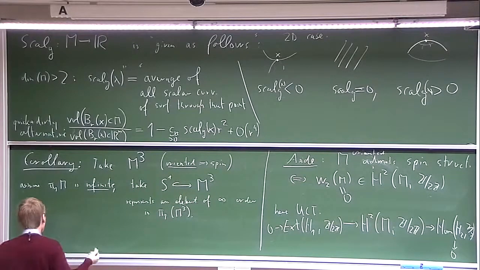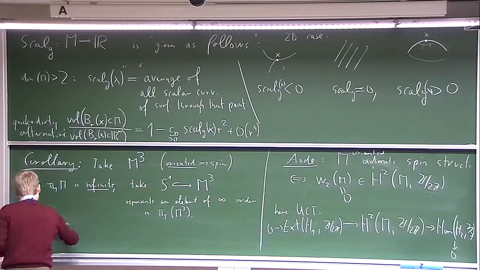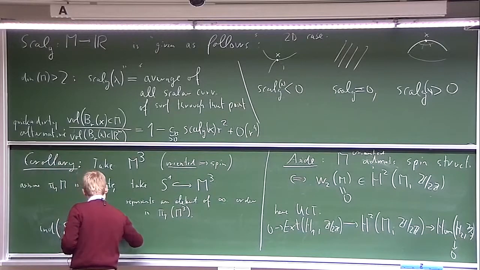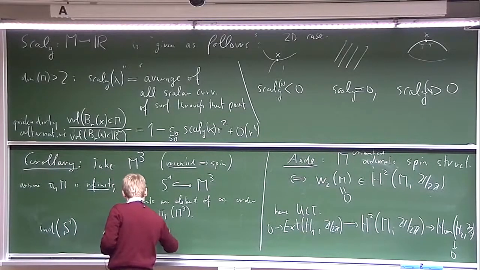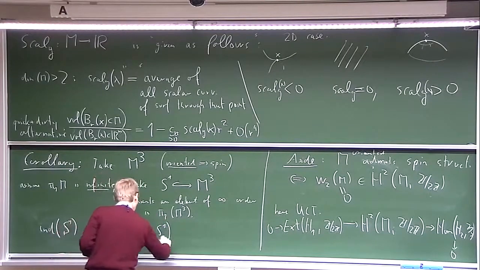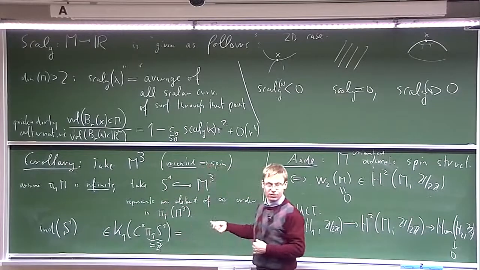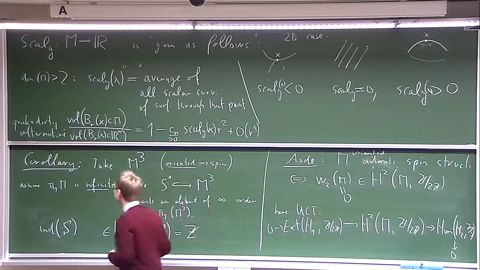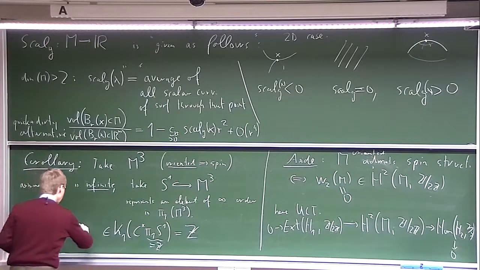Right, and now comes something you might believe can be done. S1 is a very simple manifold, so we can compute this index of S1 in the K-theory of the C-star algebra of the fundamental group of S1, which of course is the integers. This K1 group for the C-star algebra of the integers can be computed. That's also the integers. And it turns out that this index is a generator. So in particular, it is non-zero.